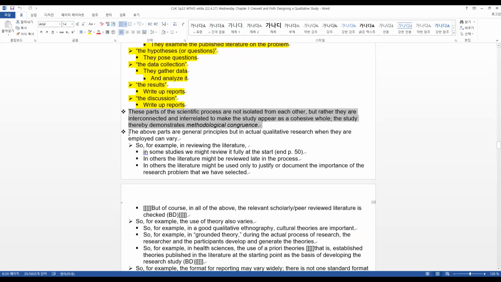The above parts are general principles, but in actual qualitative research, when they're employed, they can vary. For example, in reviewing the literature, you might start by trying to review all the literature at the start. I never review all the literature. There's just too much published out there. I mean, can you imagine, I study nationalism. Can you imagine how much research is published every year on nationalism? So I don't read everything that's published on nationalism every year, but I do try to look at nationalism and